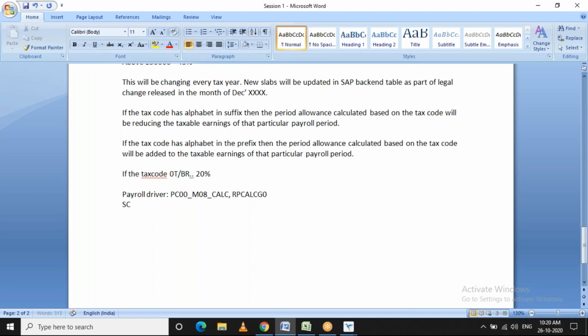The standard payroll schema for the UK is G000. Normally we will not use the standard schema, so we copy it to a custom schema and then modify that schema. These are the main things you need to know about this.